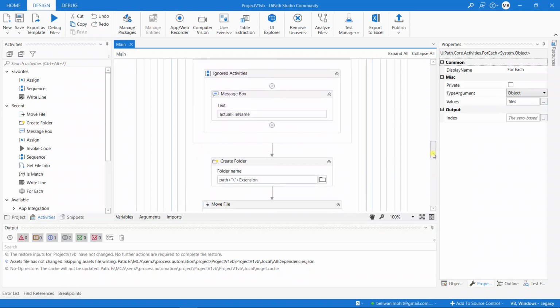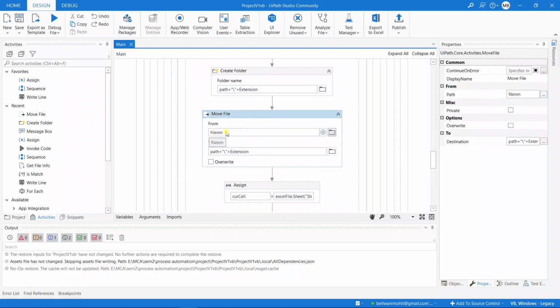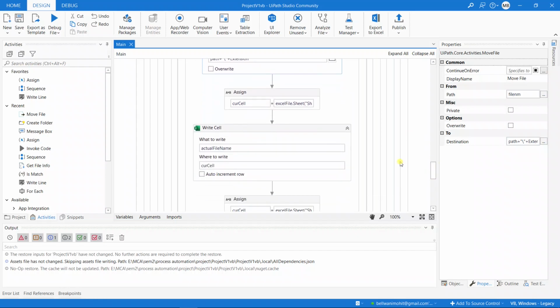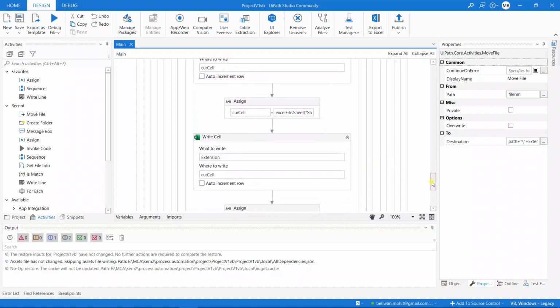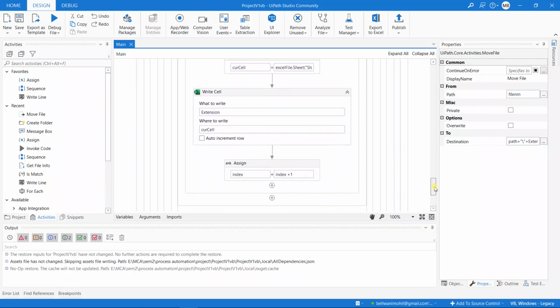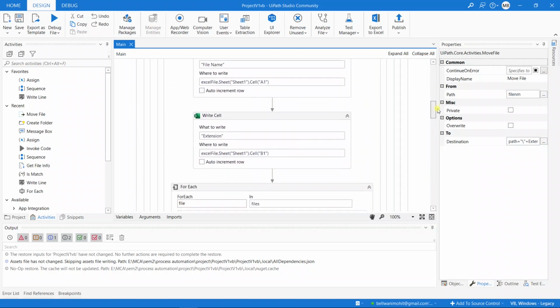For that I am using the Move control. This is called the Move control. Inside I am mentioning the file name. So this file will be transferred from its original path to this path. The other parts inside of this are for logging which file went into which folder in an Excel sheet. Lastly, when you are done with one file, you increase the index number by 1 so that you can access the next file.